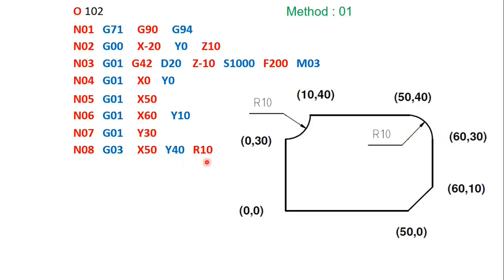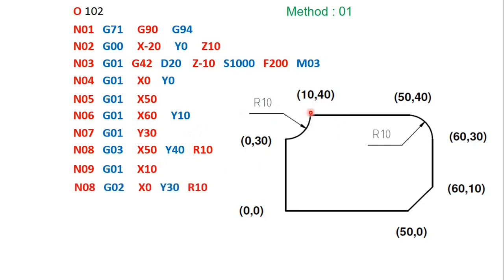So this is R10. This is how we are defining circular interpolation. Once it has reached here, again it has to go in a straight line. So what is the straight line equation? Linear interpolation G01, and then I have to define the endpoint coordinate. The endpoint coordinate is X10, Y40. Y is already 40, so I only defined X10. So I will reach here.